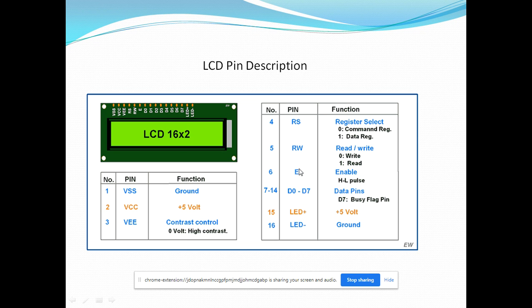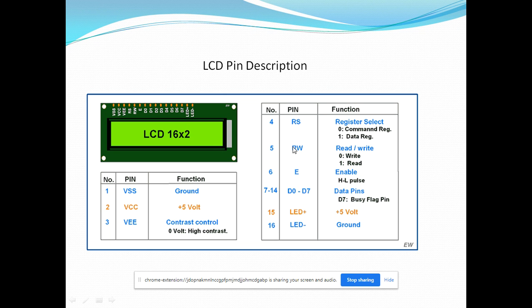Next three pins are control pins. First is RS, that is called register select. Here by writing the values we can select the command register and data register which are present inside the 16 by 2 LCD. Next pin is the read/write pin. Here we can apply the signals to write data on LCD. The reading function is only for reading the status of LCD. We cannot read data from the LCD. So whether LCD is busy or free can be monitored by using this read function.